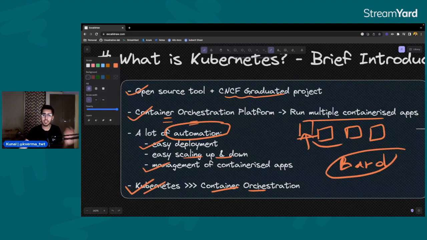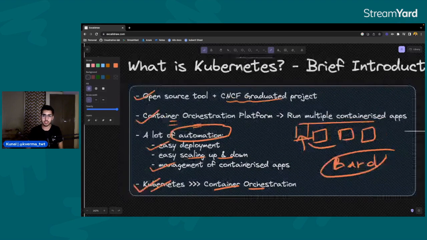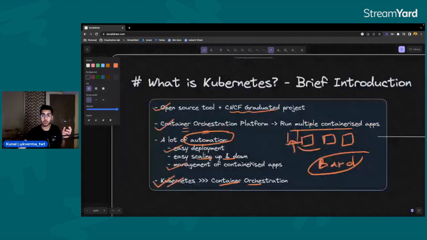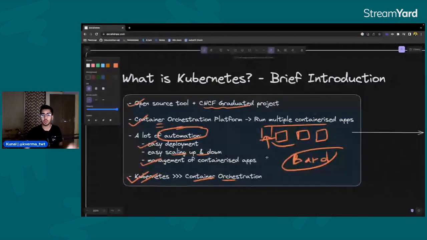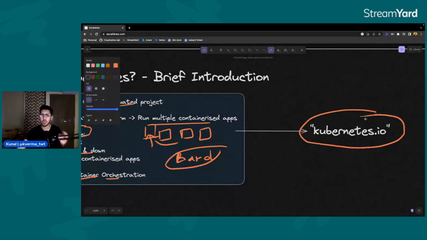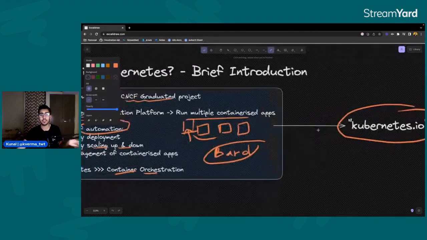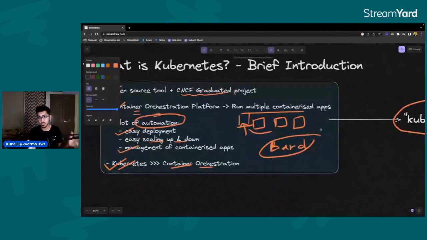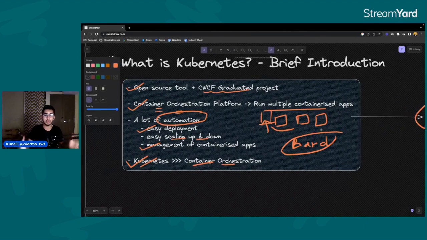So this was just a brief introduction about Kubernetes, to get you up to speed. Just a very short introduction. If you want to know more, I'll definitely suggest you head over to the official documentation, the official site of Kubernetes, which is kubernetes.io, very simple URL. You can check out the docs and understand more about what is Kubernetes and why it came into being, the main history of Kubernetes, if you're interested to know that. But I hope you are now up to speed on what is Kubernetes if you weren't familiar with that.